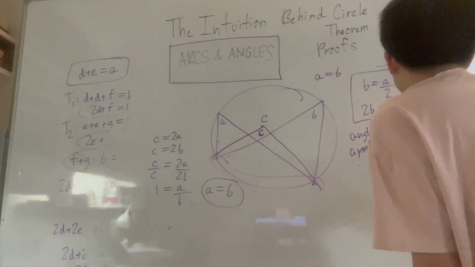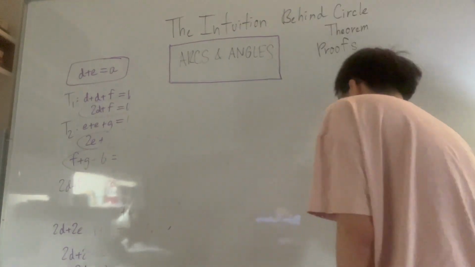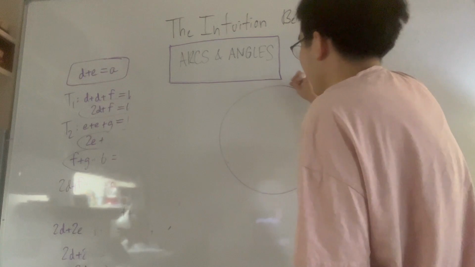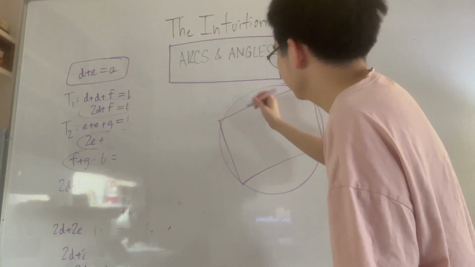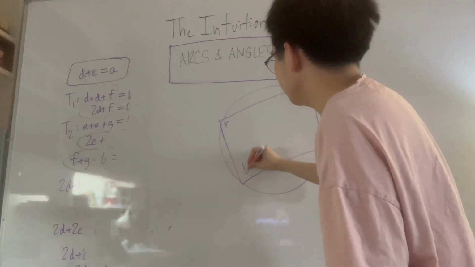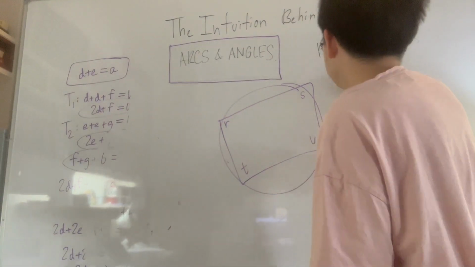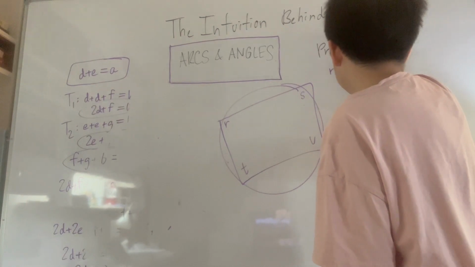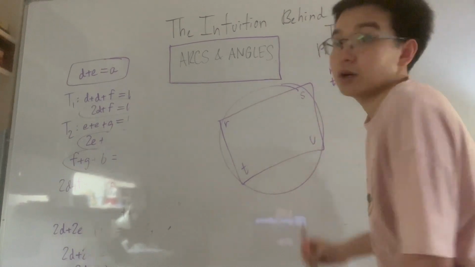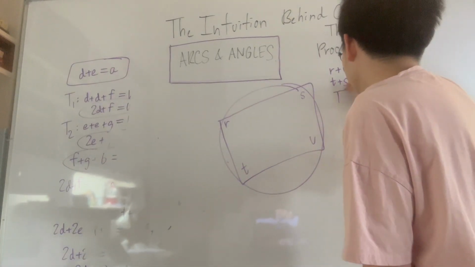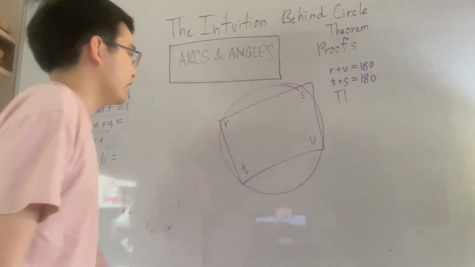And then finally, the circle quadrilateral one, which states the following. If I were to draw a circle and inscribe any kind of quadrilateral within there, call this RSTU, then the opposite angles of that quadrilateral have to add up to 180 degrees. R plus U equals 180. T plus S equals 180. Again, we use the first theorem that we solved in order to help prove this aspect over here. And how? Well,